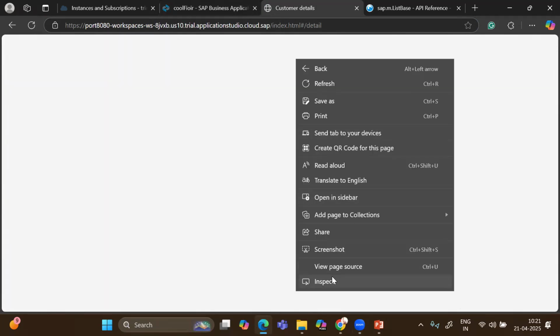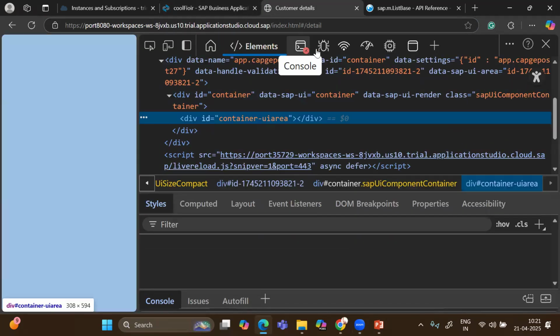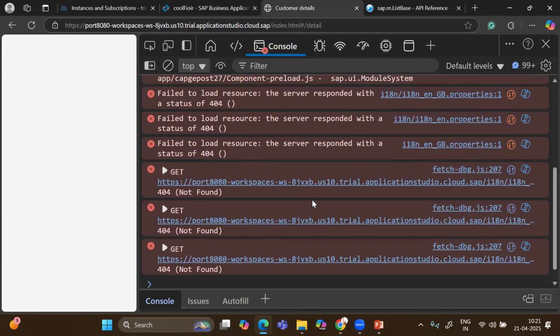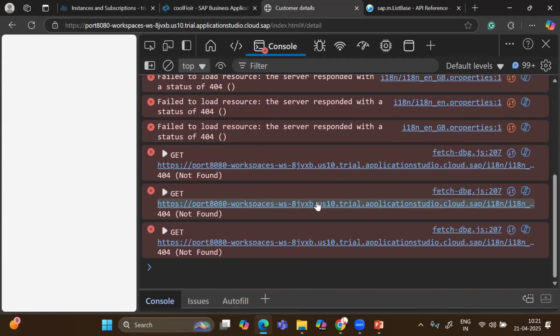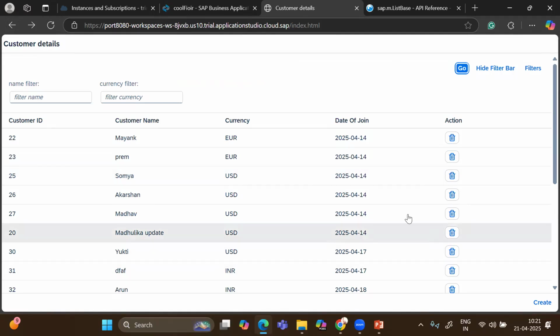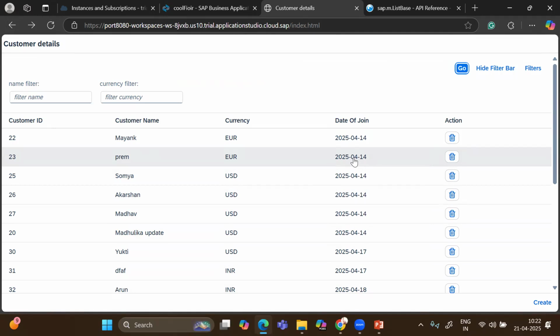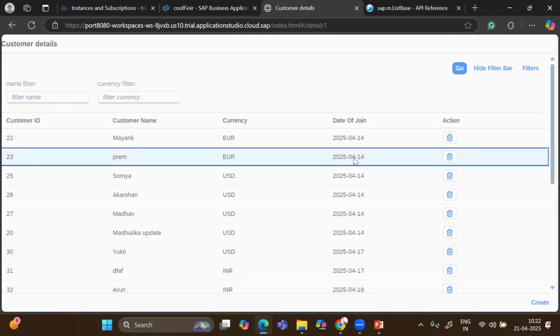Nothing is coming over here. There isn't any problem. Let me just go back. Okay, we have it. Now we can just go to 23, and it takes us to the detail view